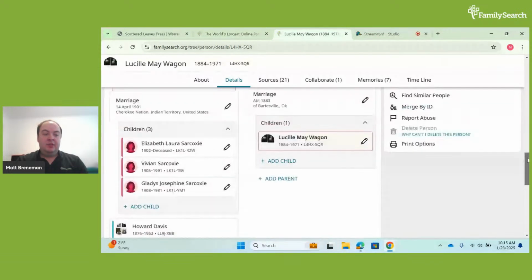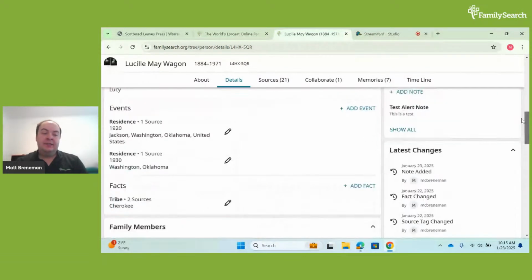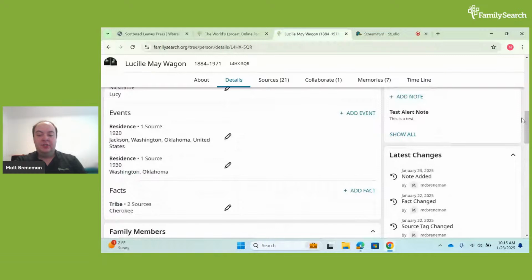So next, I just wanted to go over standardized dates and locations. So standardized dates and locations ensure that all the information is in a consistent format that helps people to be able to better understand what location or date we're looking at, and it also helps the websites to generate hints and possible research helps for your person.